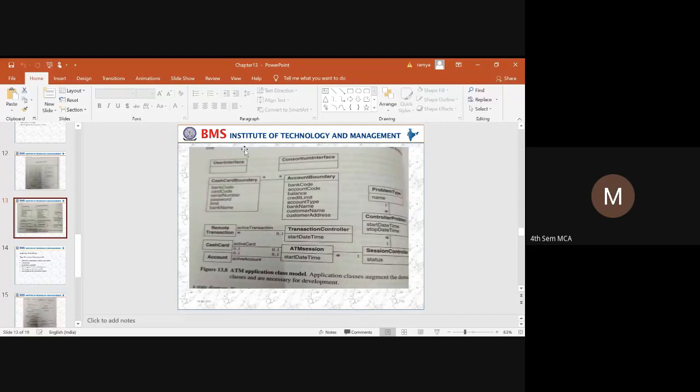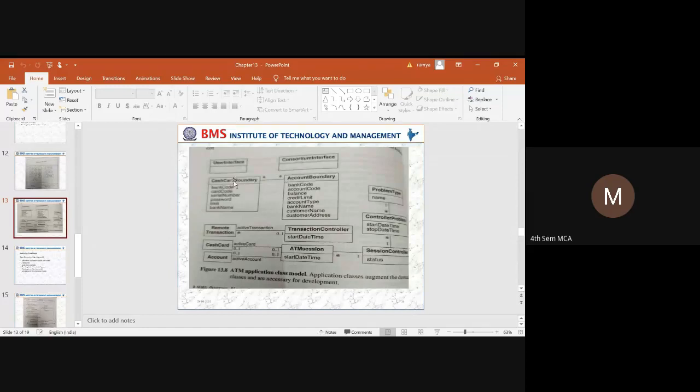These are the different class names that we are identifying for the application class model. There can be n number of cash card boundaries associated with n number of account boundaries.